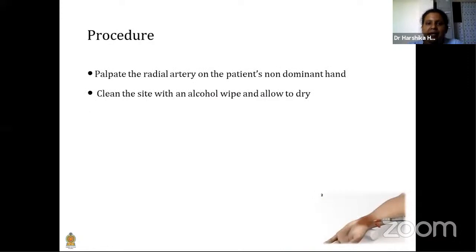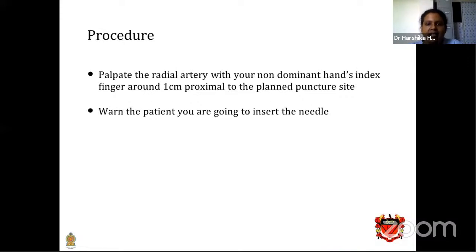So once you have positioned the patient's arm, you can palpate the patient's radial artery with your non-dominant hand's index finger about 1 centimeter proximal to the planned puncture site. And then you have to clean the area with alcohol. You should have worn your gloves by now and the apron. So you need to clean the area, and then you have already prepared your heparinized syringe, and then you can